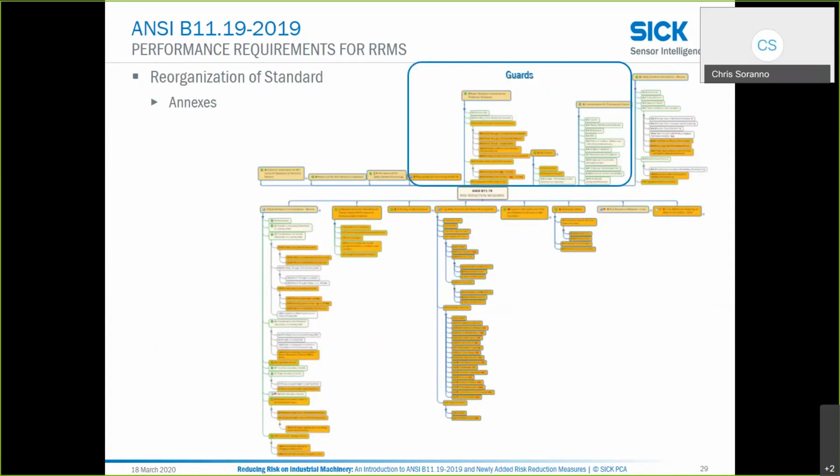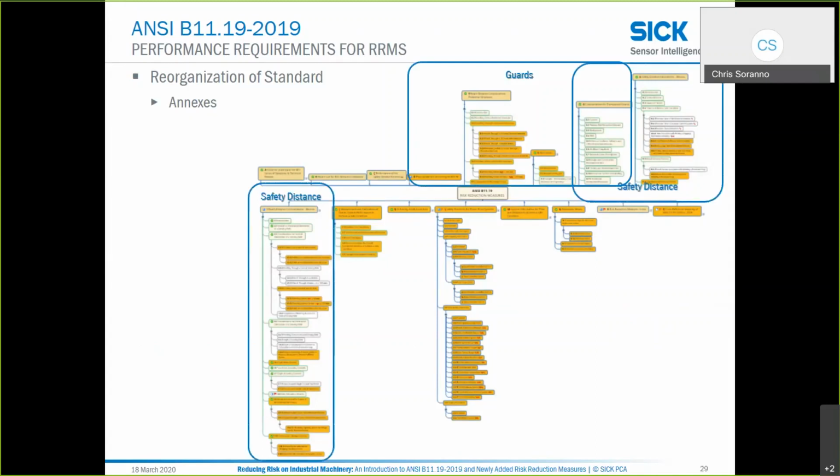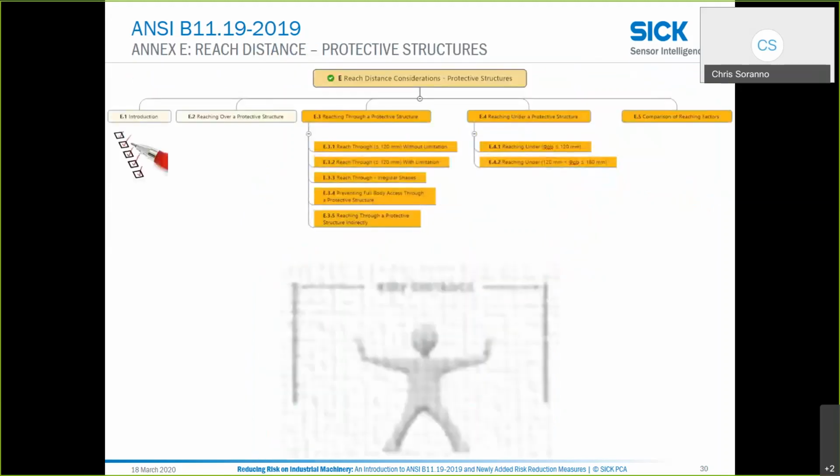So we have a number of clauses or annexes that address guards. Some of those address safety distances, both for guards or for devices. We have a number of annexes that address the quote-unquote safe condition, so a condition that's deemed acceptable risk. And then the annex on awareness means. Again, there's a lot of information here. I'm just going to try to go through these relatively quickly at a high level so you can understand the